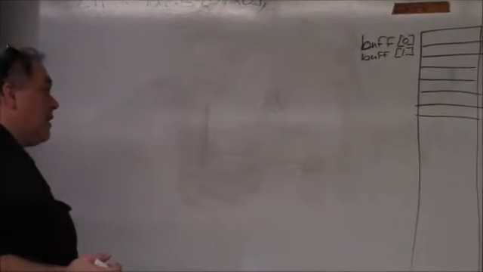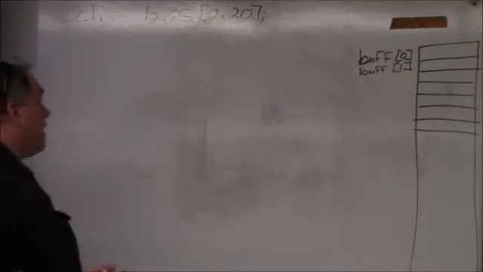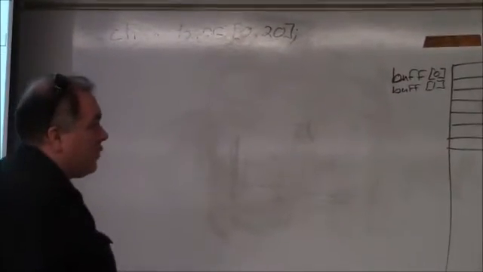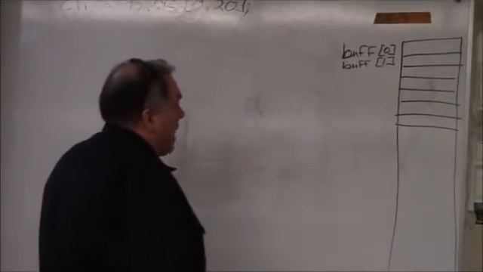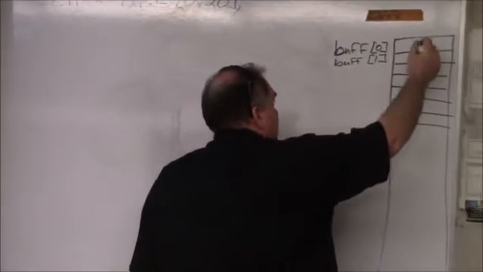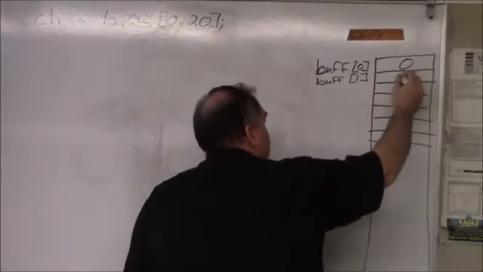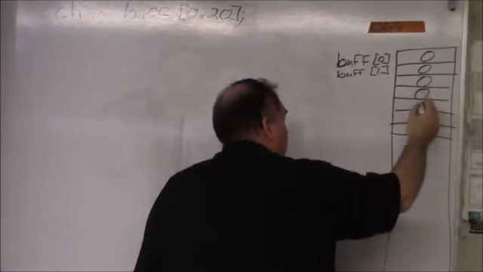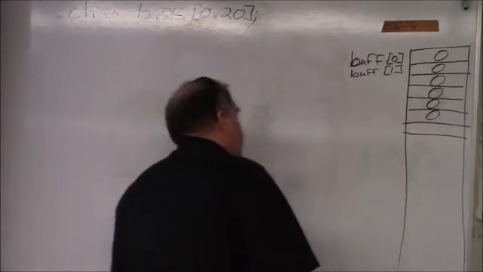And technically in the C specification, nothing has to be assigned to this memory location. I think what usually happens though is the compiler may stuff zeros in there. So we could say that these have the value 0. We'll assume they'll have 0 because some compilers do it, and I'm not sure if ours does it or not. But it's just a bunch of zeros, or it's a bunch of values that we don't know what they are. But let's assume we don't know what they